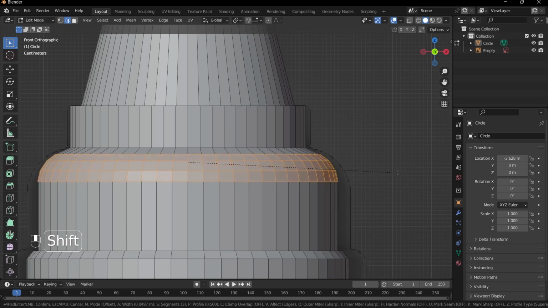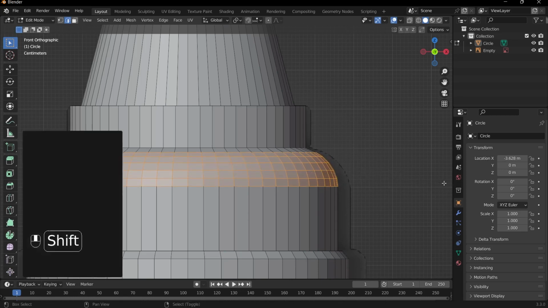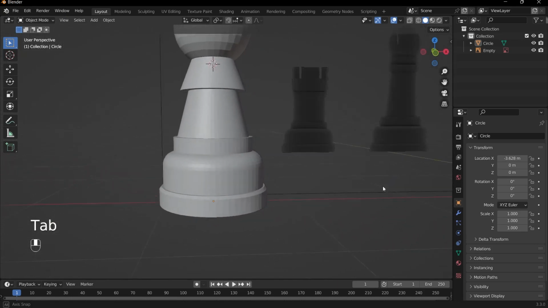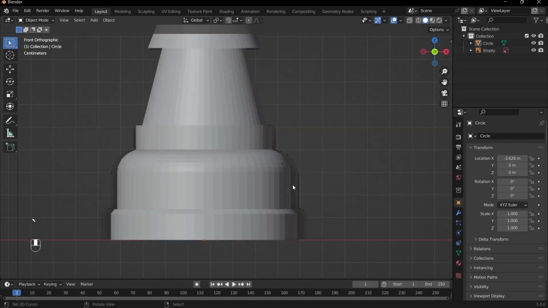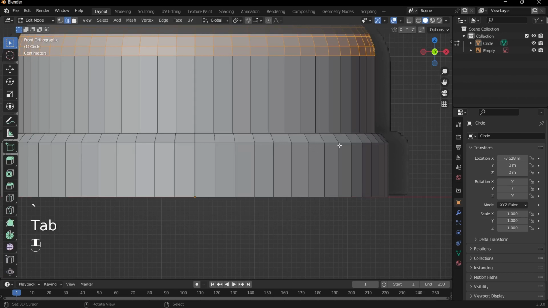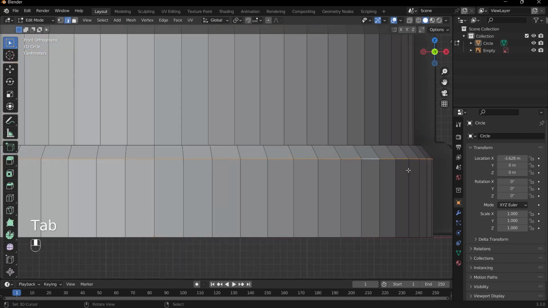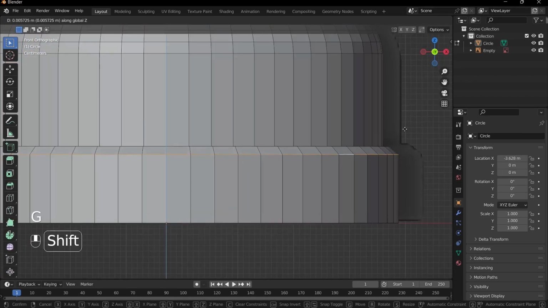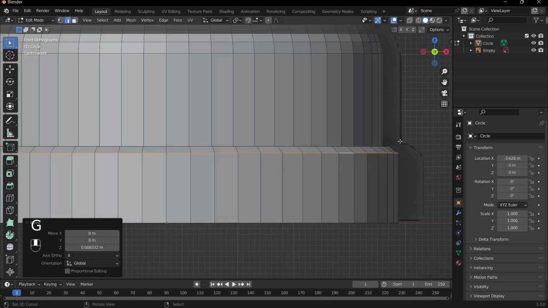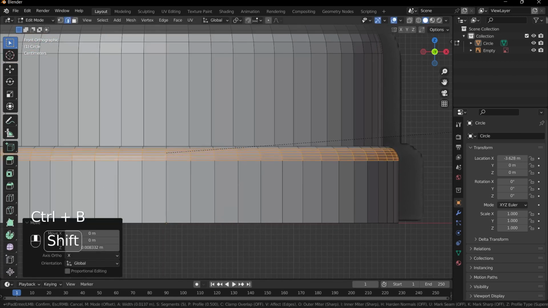And then I scroll up on my mouse wheel to get the angle that I want. So I can have it look something like this. So I'll do that for more of the edges. So I'll alt click this edge loop here. Maybe I'll bring it up on the Z axis like so, and then press Ctrl B, because it does matter